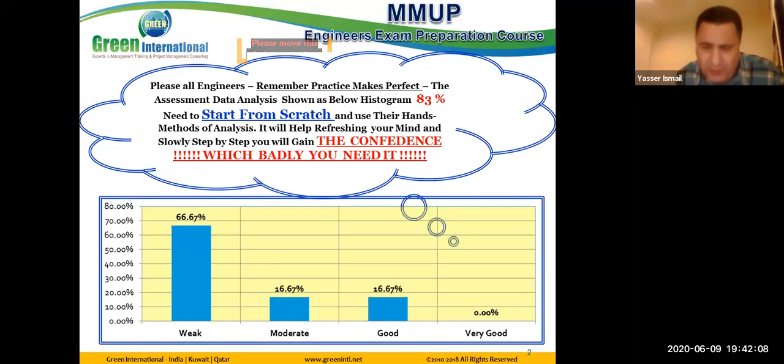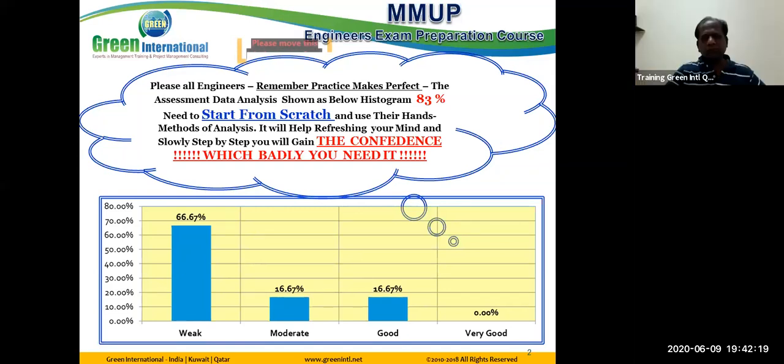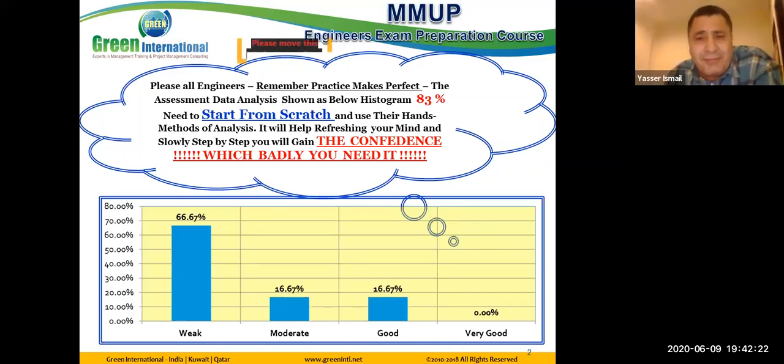85%, it's not all of you. I can say 15% have the background and have knowledge. Maybe they are working as structure analysis engineers, so they knew. But most of us forgot a lot, years back. So now we are going for refreshing, and we are going to fundamentals. I am going to give you the fundamentals and principles to solve any question or problems coming in structure analysis areas, which will give you the confidence which you need badly in your exam.